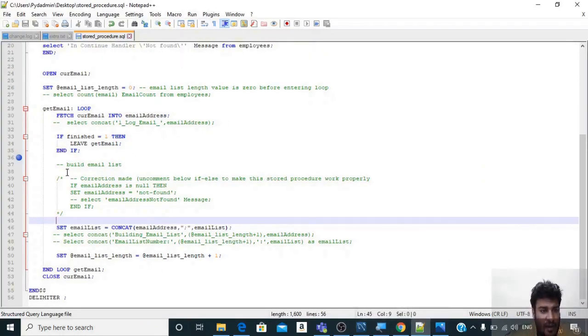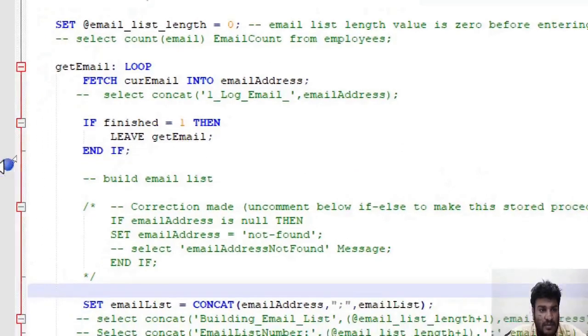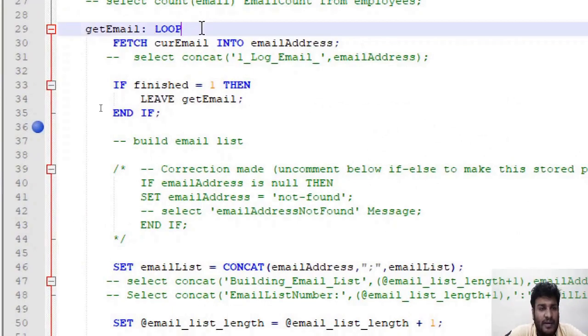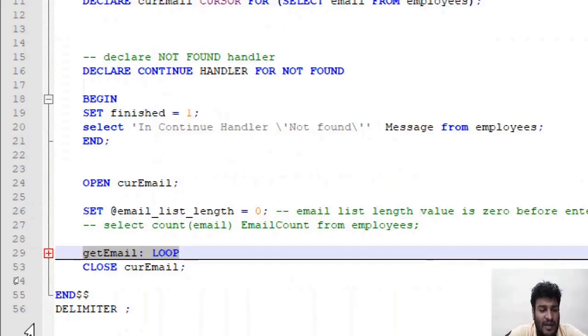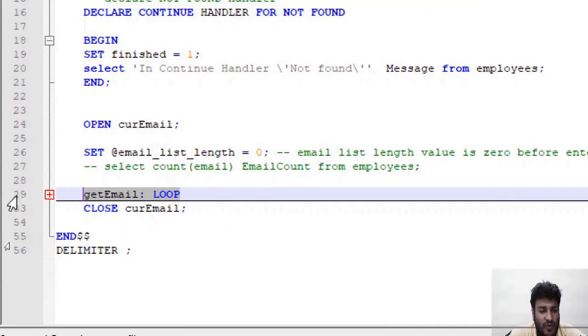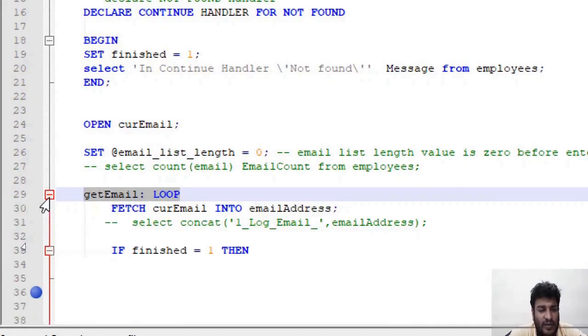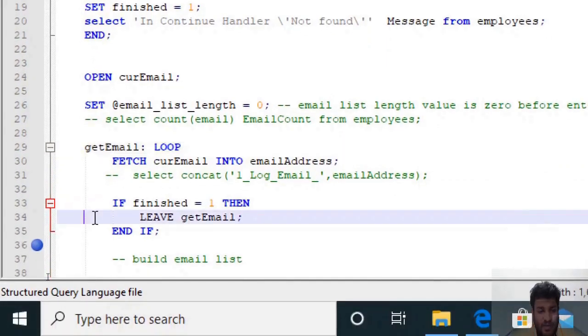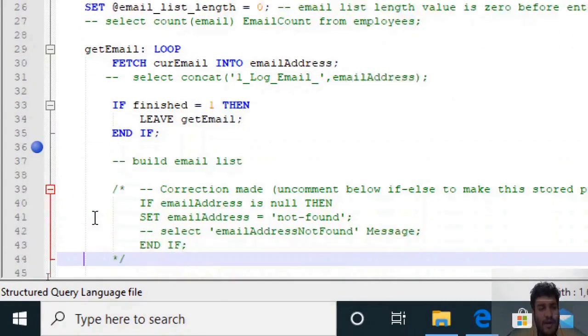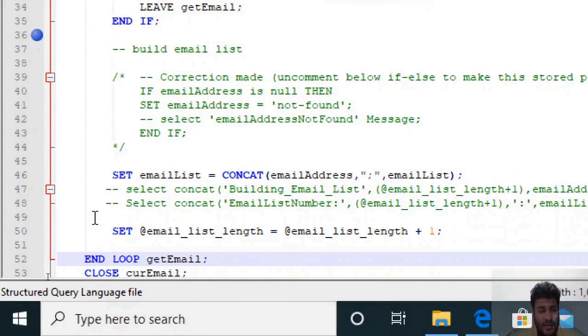So in this notepad now, if you see line number 29, this is where the loop gets started, and it gets completed at line number 52. You can see over here that rather than a single minus sign, we have a plus sign, so I can extend it. So this loop goes from line 29 till 52,